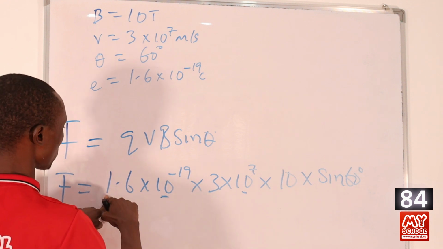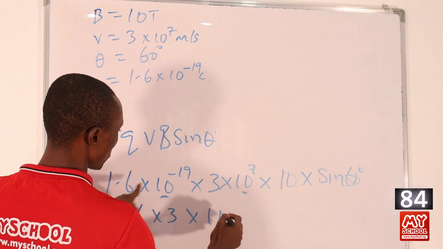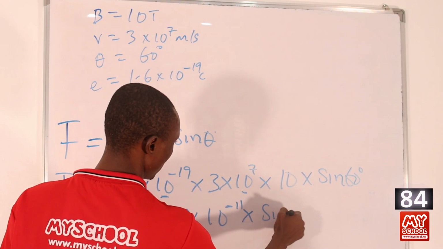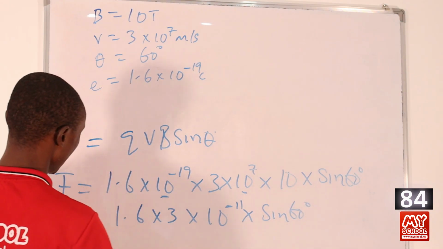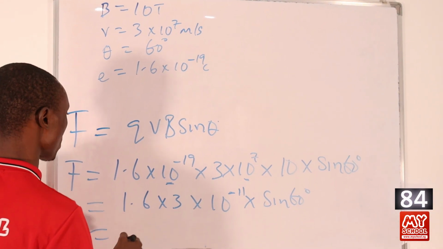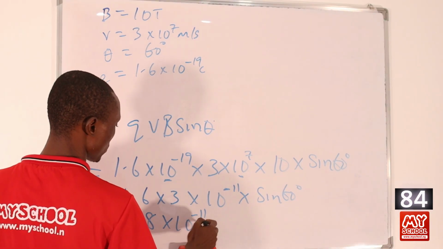At the end of the day, we just multiply 1.6 times 3, then times 10 raised to power minus 11, then times sine 60 degrees. If we multiply this, we are going to be having 4.8 times 10 raised to power minus 11, then times